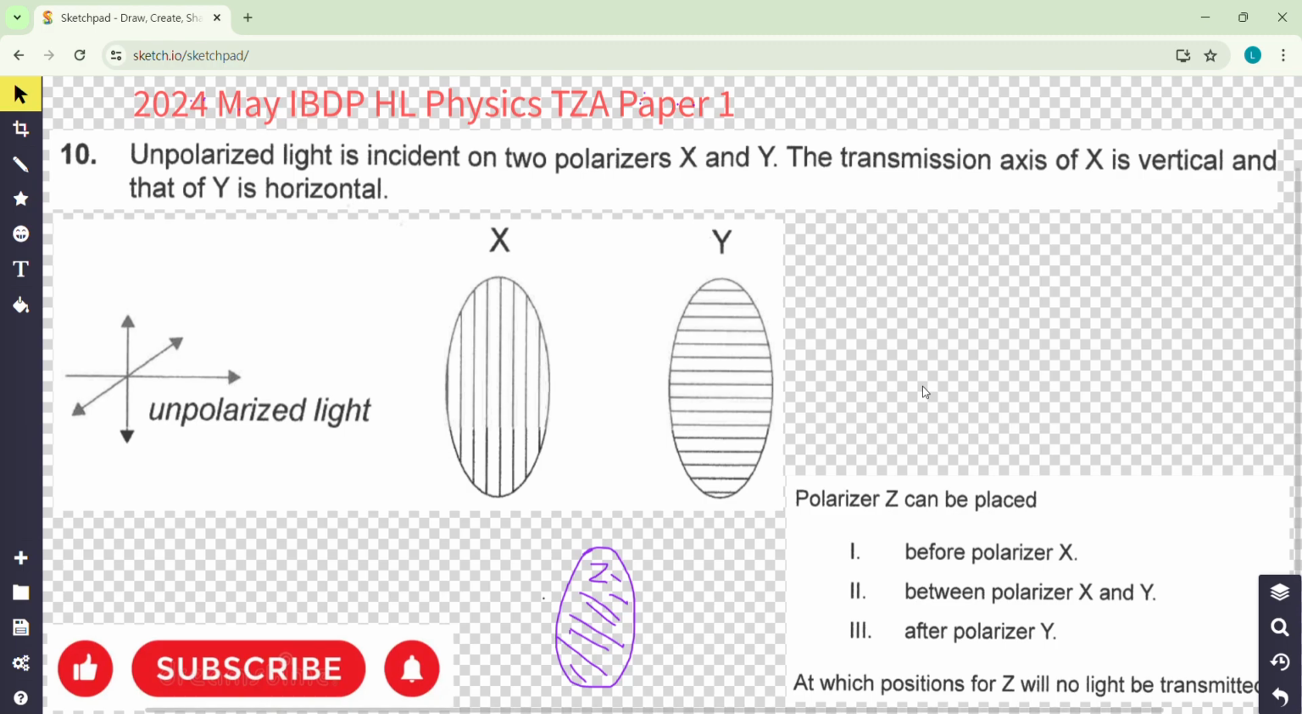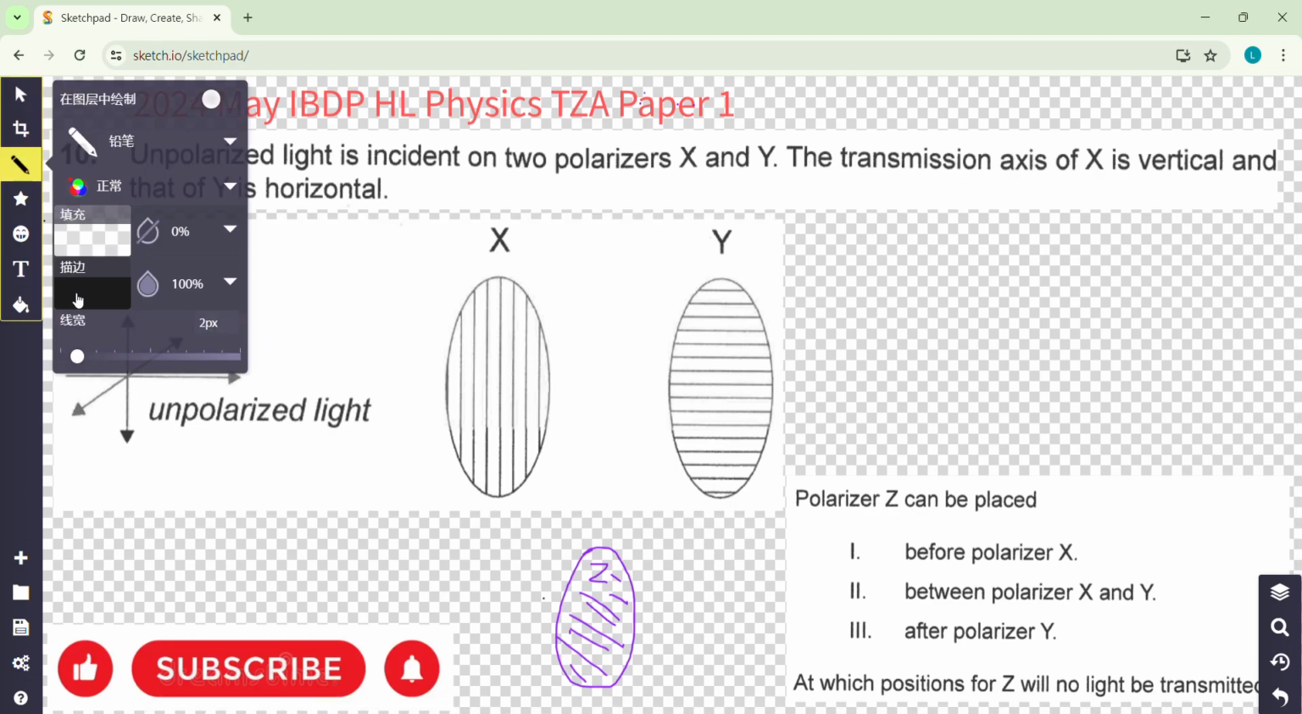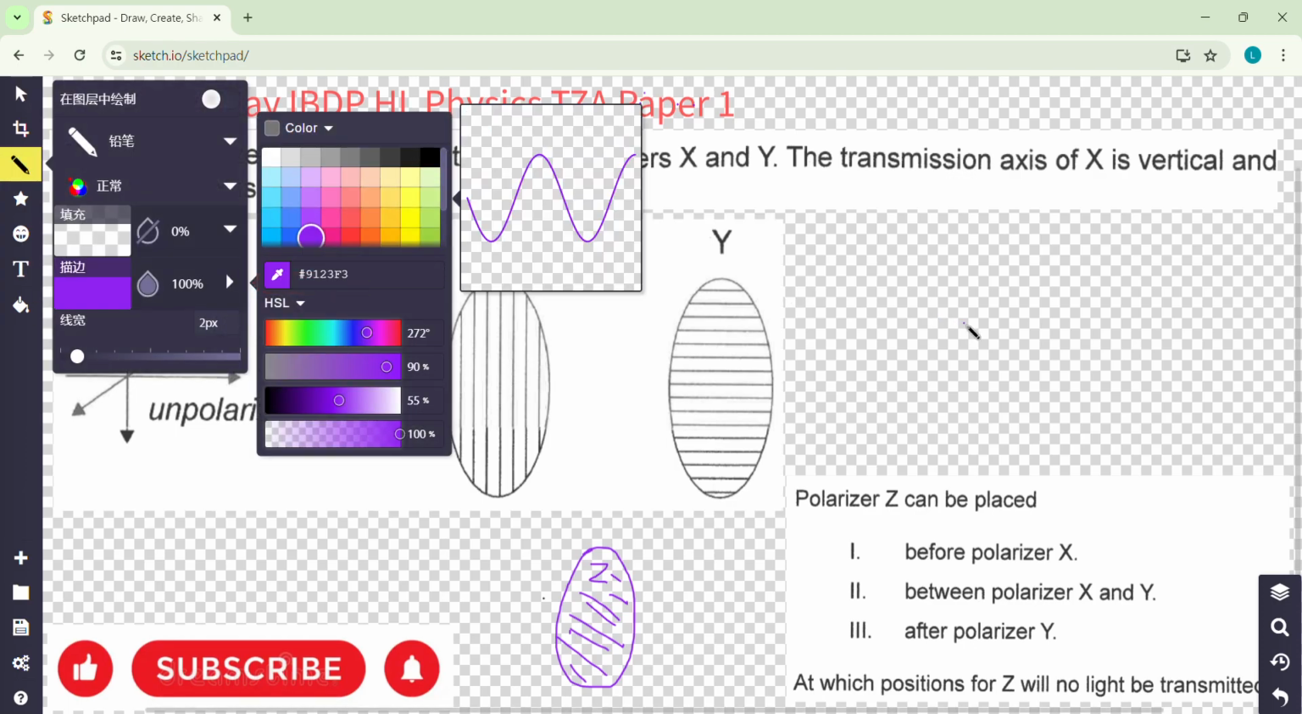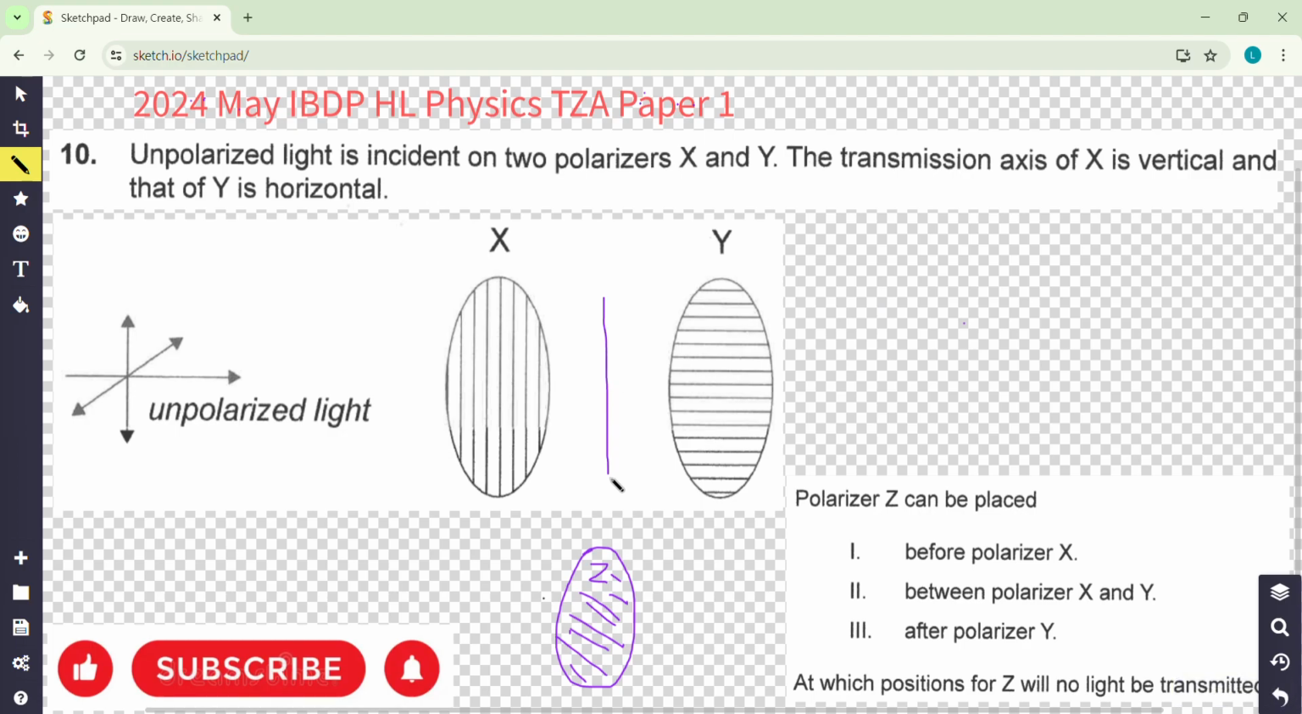Question number 10 is about a polarizer. So it's polarized at the left hand side. After passing through the polarizer X, it becomes vertically polarized. Because polarizer Y is horizontal, no light can be transmitted. So it asks, if we put a polarizer Z at